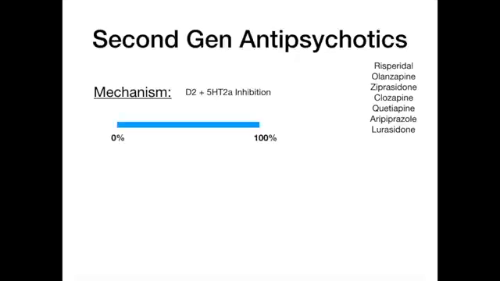Now, the second generation antipsychotics, aka atypicals, do everything that the first generation does, but they have one little difference, and that's that they block the serotonin 2A receptor in addition to the dopamine receptor. So let's take a little aside here and talk about why this is important. Imagine that there's a spectrum from 0 to 100% of dopamine receptor blockade. At 60%, if you block 60% of the dopamine receptors, you make better the positive symptoms. You get rid of hallucinations and delusions. But if you block 80% of the dopamine receptors, you cause the patient to have movement disorders, an EPS.